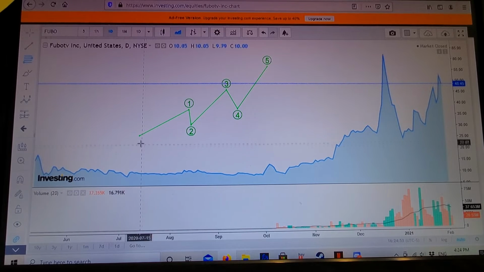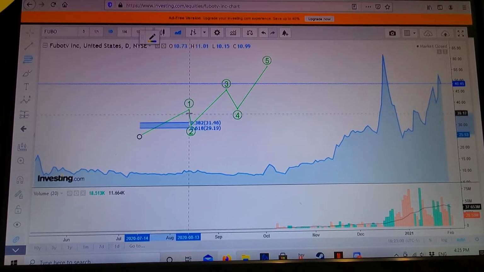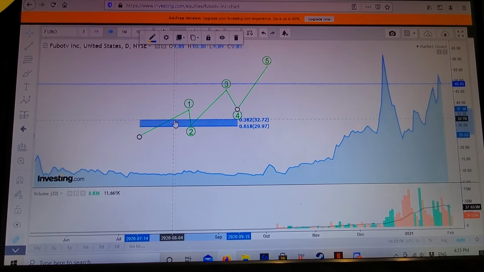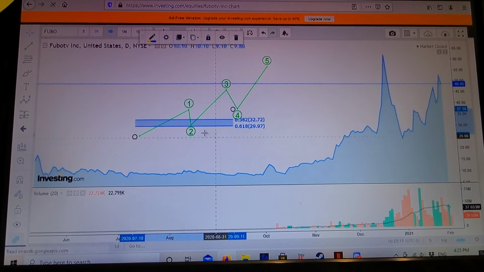So the way you measure this is you would start at the bottom or the start of the impulse down here, and you would measure up to the top of 1, the peak of wave 1. So if I drag it across but hold that line, you'll see this blue area. This is what I would consider the buy zone. Usually, if it's a perfect world, this will come down. It has to come over top of 50%